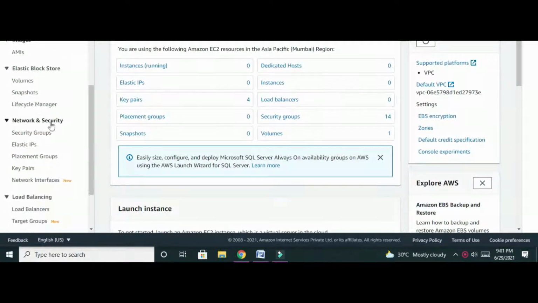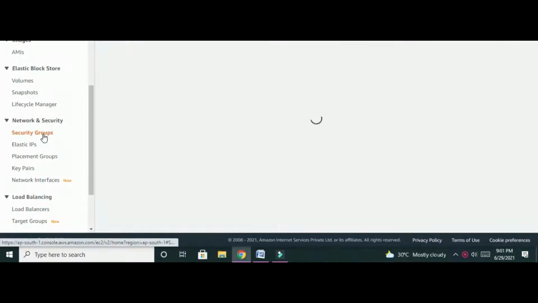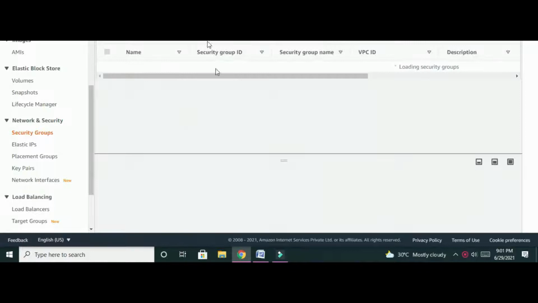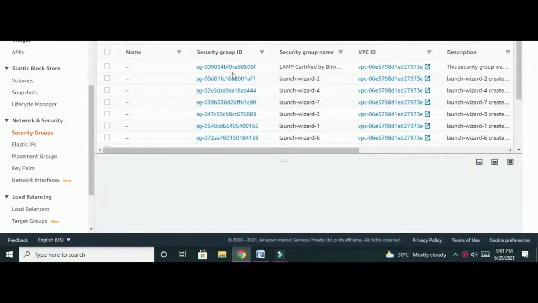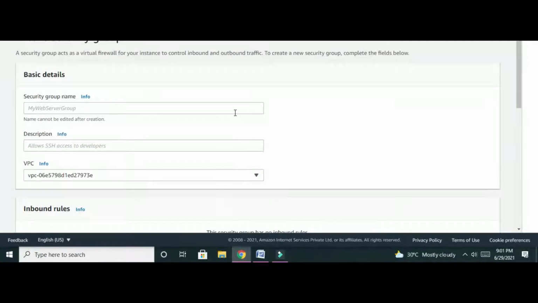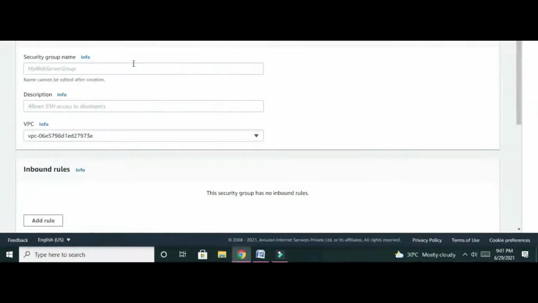in Network and Security we have Security Groups. When we click on security group, it will redirect to the dashboard of security groups, where the previously created security groups are available. The user can create a new security group by clicking on create security group, then provide the security group name, let's say web server 1. We are going to add a description,